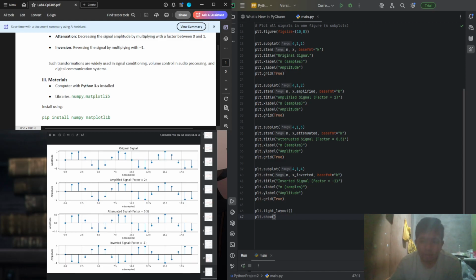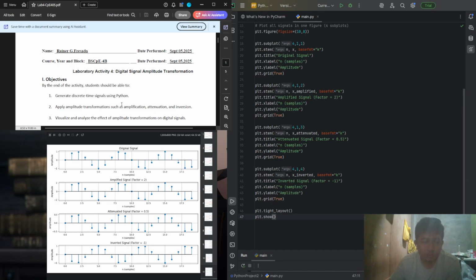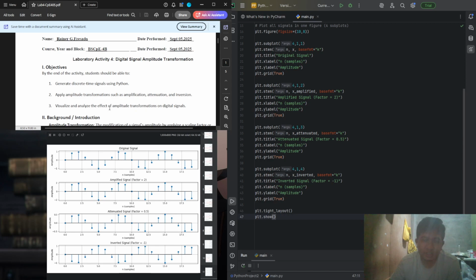So I will discuss now amplitude transformation. In this activity, I generated discrete-time signals using Python. I used stem plots, and I applied amplitude transformations such as amplification, attenuation, and inversion, which is kinda similar to the previous activity, but